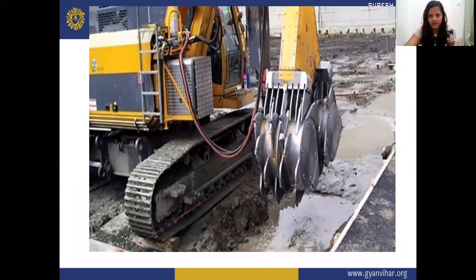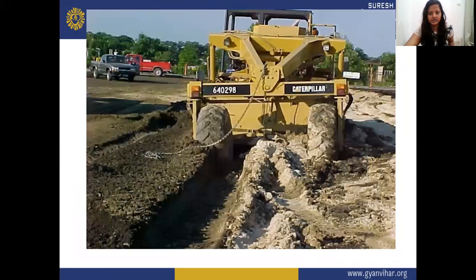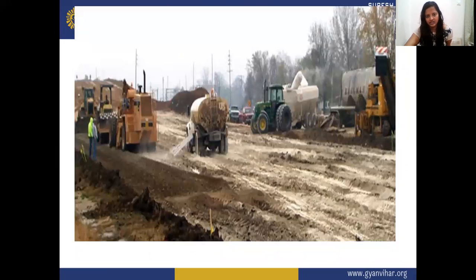So this is one of the high-tech equipments which can be used for mixing of the lime and soil binding materials. We can see the depth to which the mixing can take place. These are the equipments. We can see the process where the water has been mixed and the mixing process takes place. It is usually done in a layer by layer process.